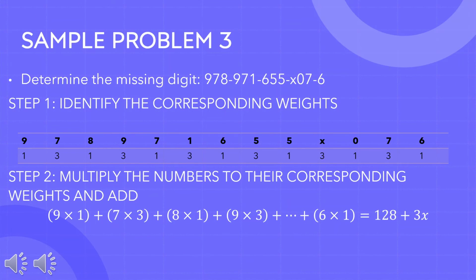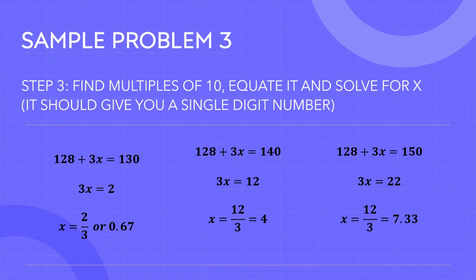And lastly, determine the missing digit of 978971655X07 and 6. So again, step 1, identify the corresponding weights. And step 2, multiply the numbers to their corresponding weights and add them, which gives us a polynomial of 128 plus 3x. So in step 3, find multiples of 10, equate it, and solve for x. Note, it should give you a single digit number. So performing all this process,